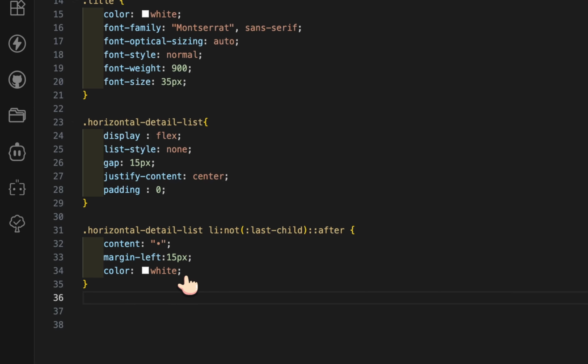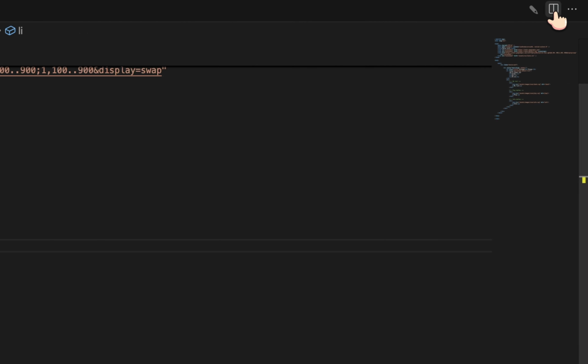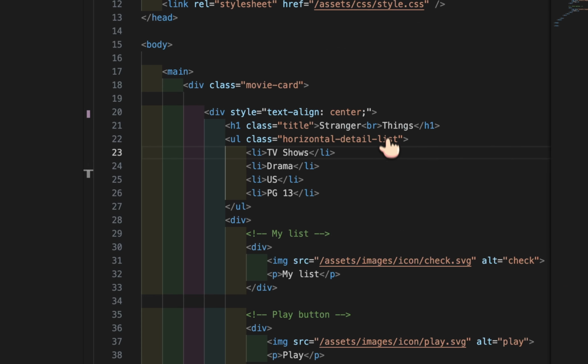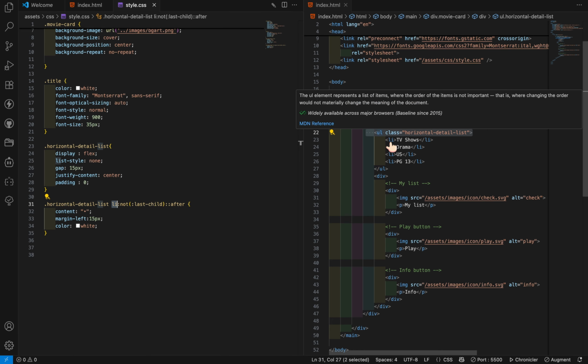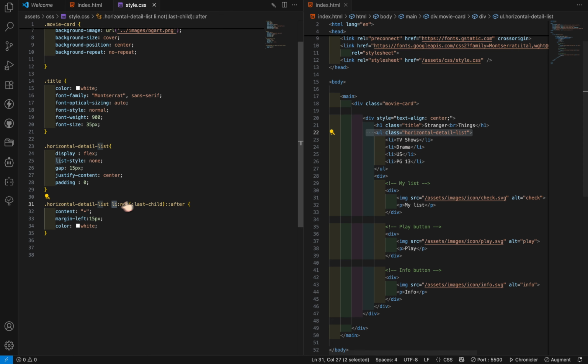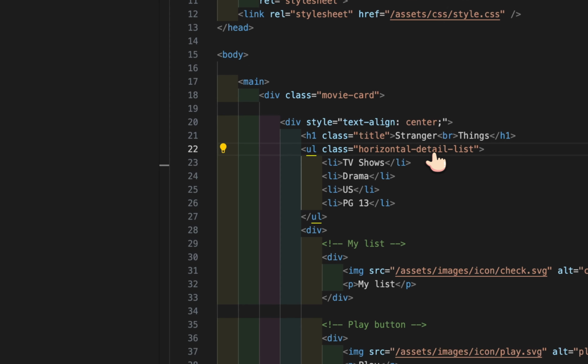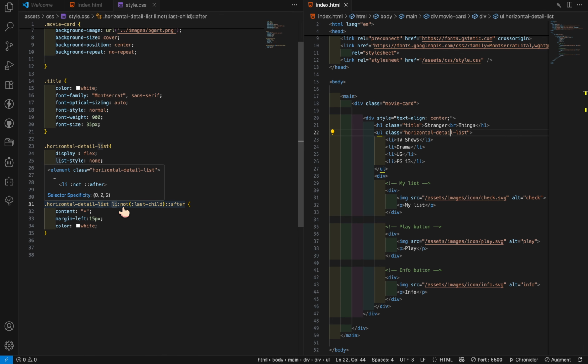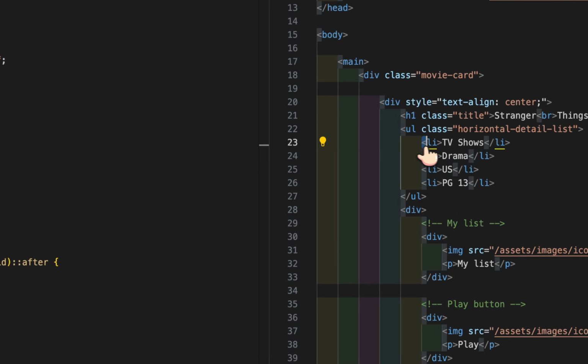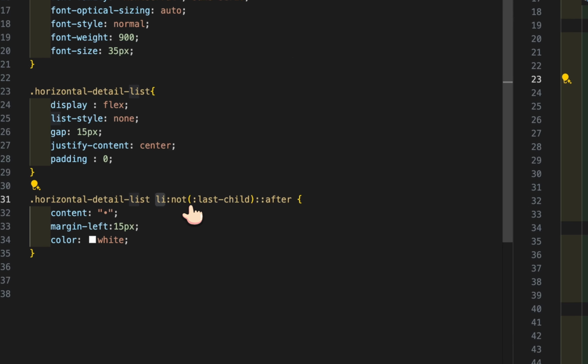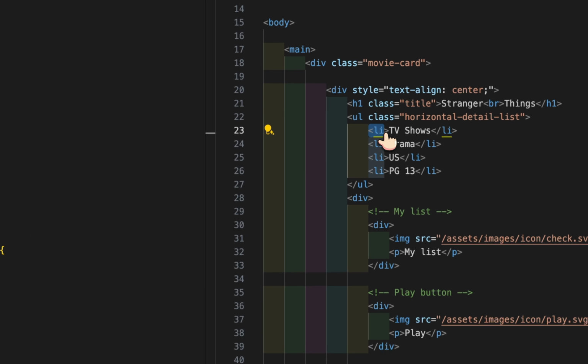What this is saying is: take the horizontal details list, go to the list tag under the parent, to all children lists under the main tag. Another pseudo class, not, is basically a negator, which says that if this list is not the last child,